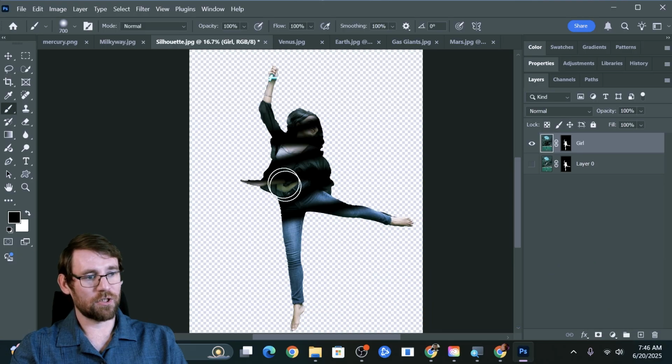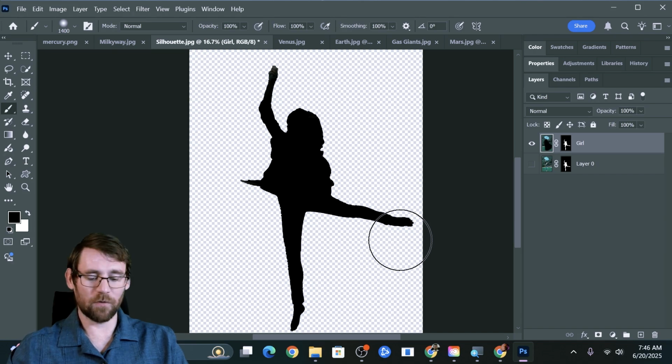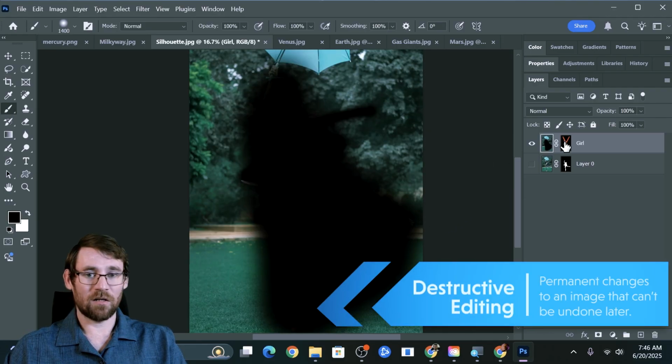Now the smaller brushes might take a little bit longer. Make your brush bigger. You can do this in a couple of quick pulls of the mouse. So we want to select the girl by having the image selected, B for brush, click and drag black in that area. Good. Now this is destructive, so if I turn that layer mask off, you can see what I've